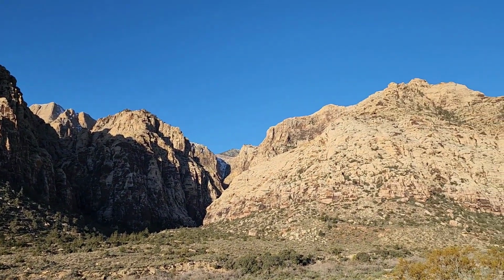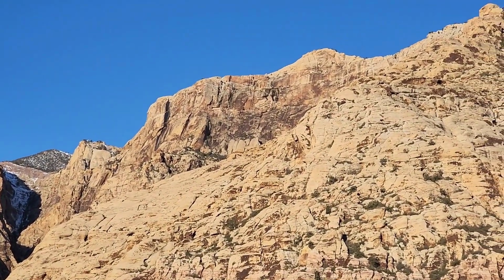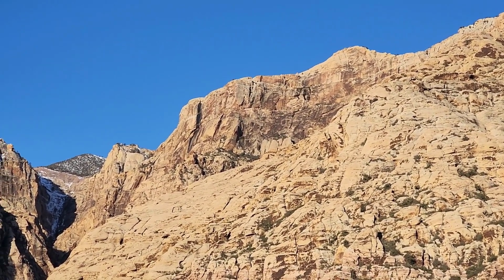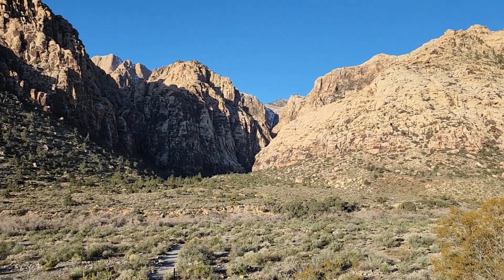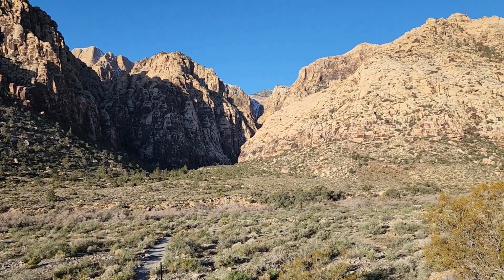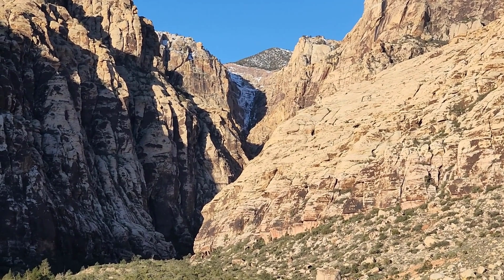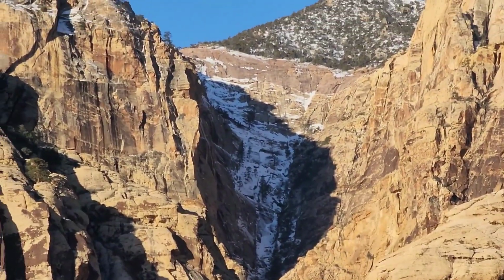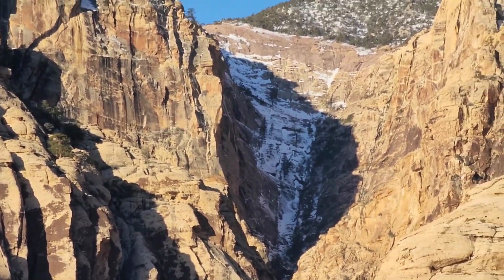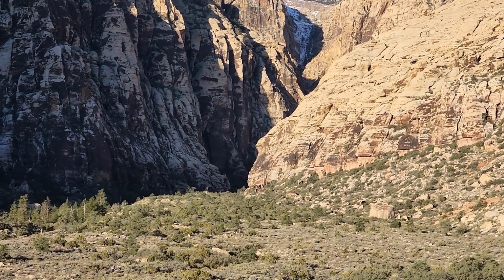Okay, and on the right is Buffalo Wall. So we'll look at that, and you can see a pretty vertical cliff there. And then Icebox Canyon itself is a couple miles round trip, and you can see that at the end of the canyon you reach a rather vertical area. And to make it a little more challenging, which we will not do today, there's ice and snow on that vertical cliff area. So we're just going to go up Icebox Canyon